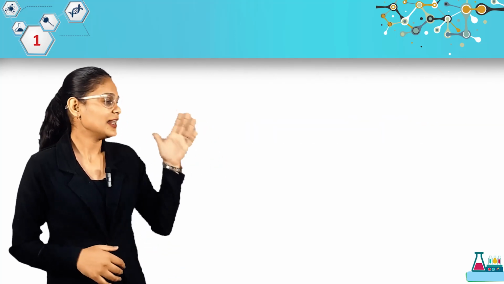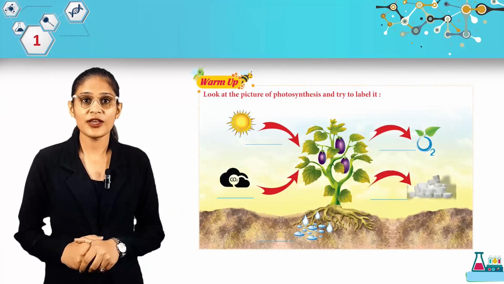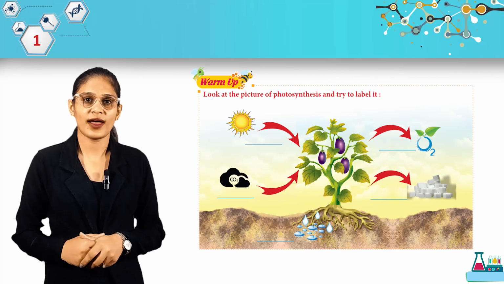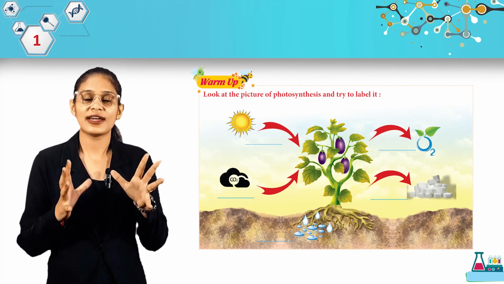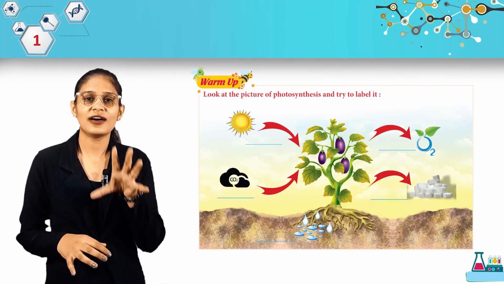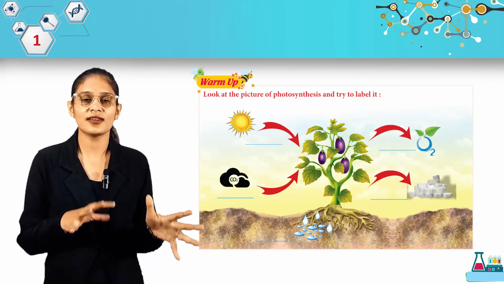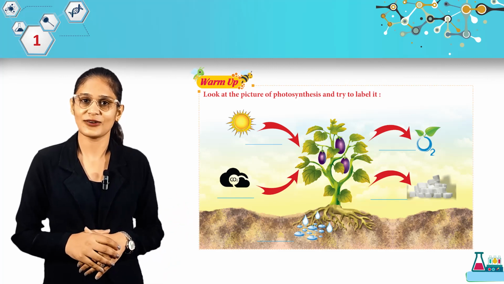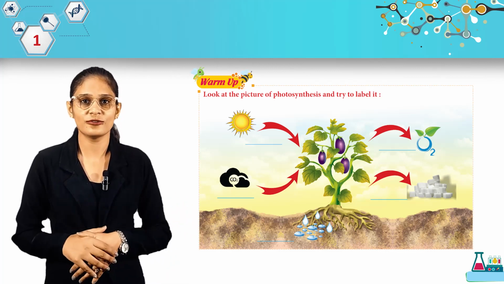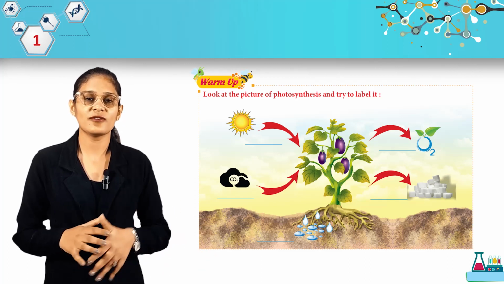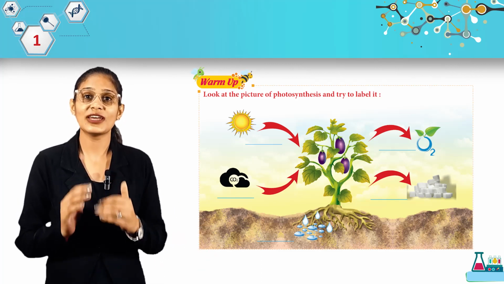Okay students, let's warm up. Look at the picture of photosynthesis and try to label it. So students, look at this picture. What you have to do? You have to label it. In this picture, there is a process of photosynthesis. Okay, I think you all know about the photosynthesis, because in your previous classes you learned it, you read it